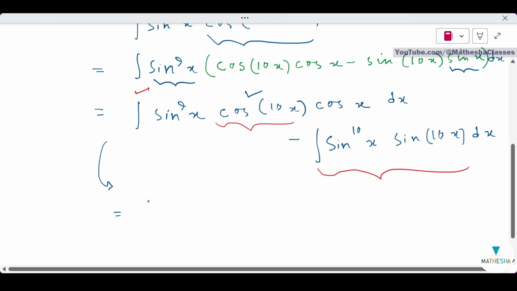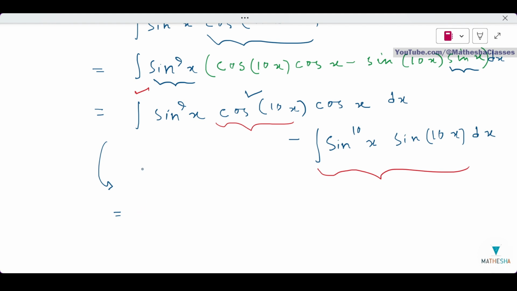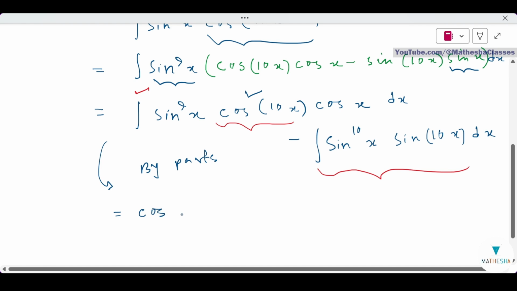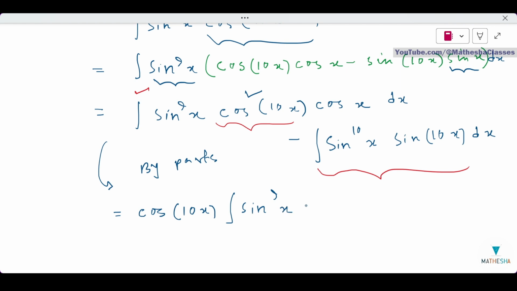Making it the first term and using integration by parts, we'll see that cos of 10x will come out, integration sine to the power 9x cos x dx will remain in the first term,